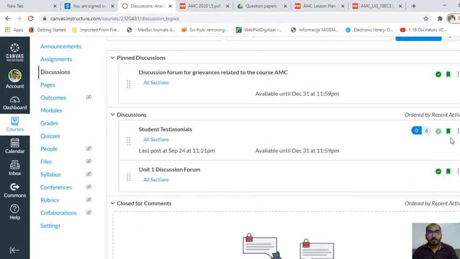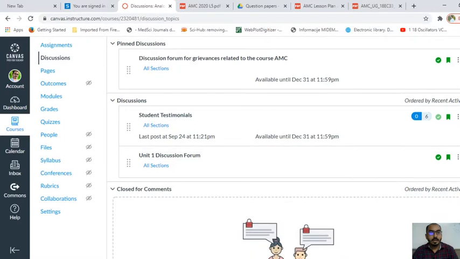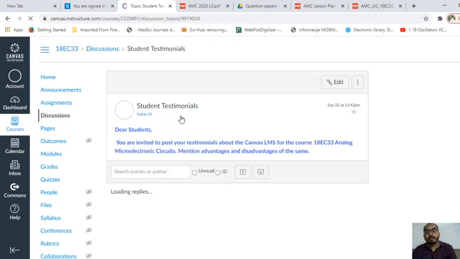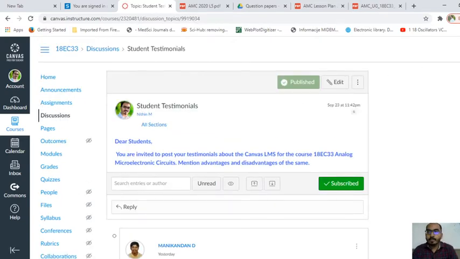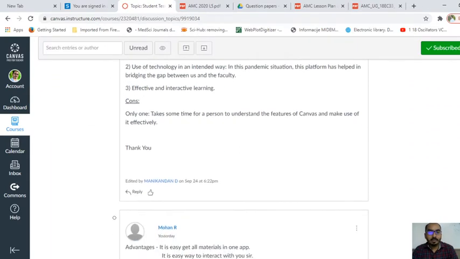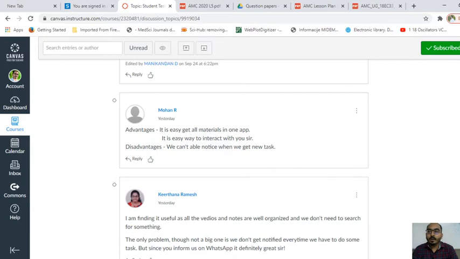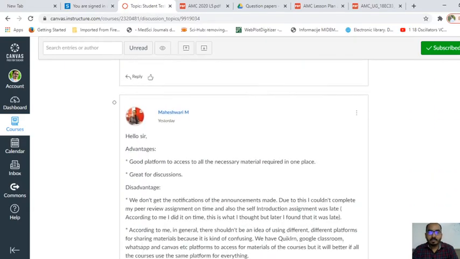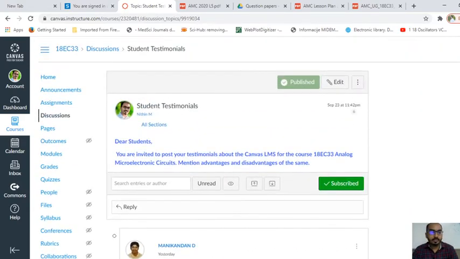One is to report grievances, another one is student testimonial, and another one is the Unit 1 discussion forum. But the discussions regarding class are happening mostly in WhatsApp whenever they have doubts. But students have put their testimonials regarding Canvas, so they felt Canvas is a very good platform, since they are getting all the materials in one place, very systematically arranged and organized.